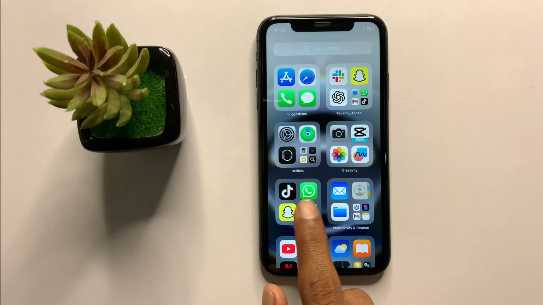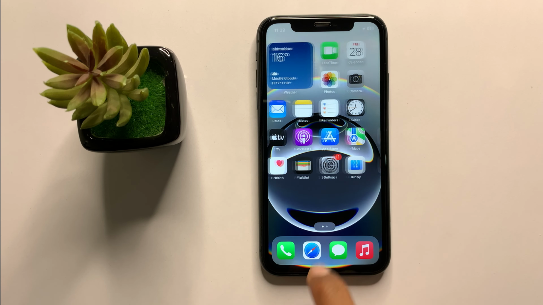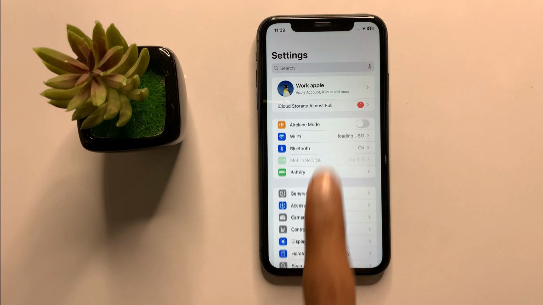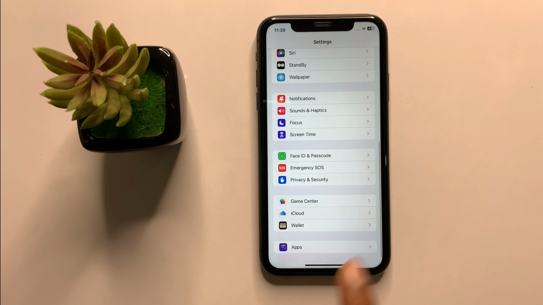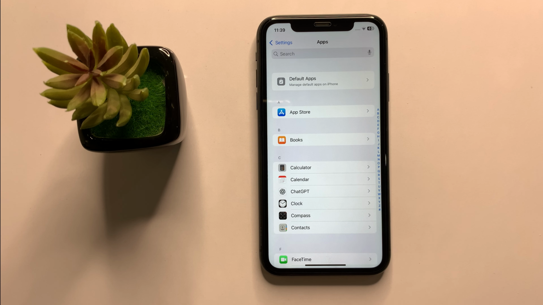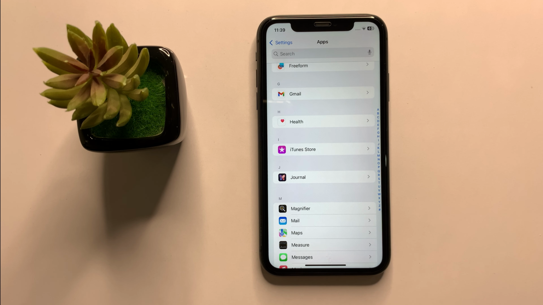First of all, open settings. In settings, scroll down to the last and then click on apps. Now scroll down and here you can see the option mail. Now click on mail